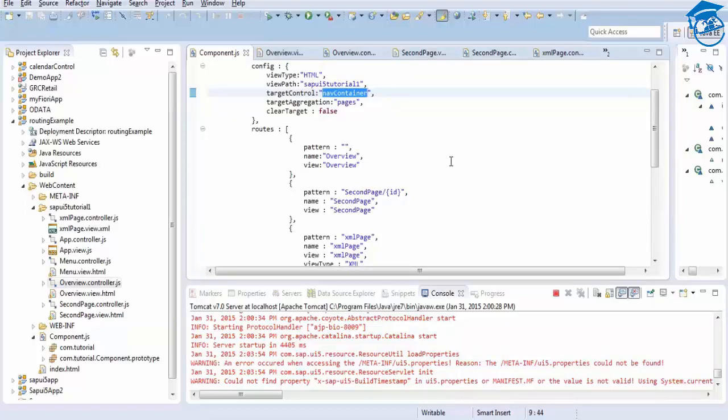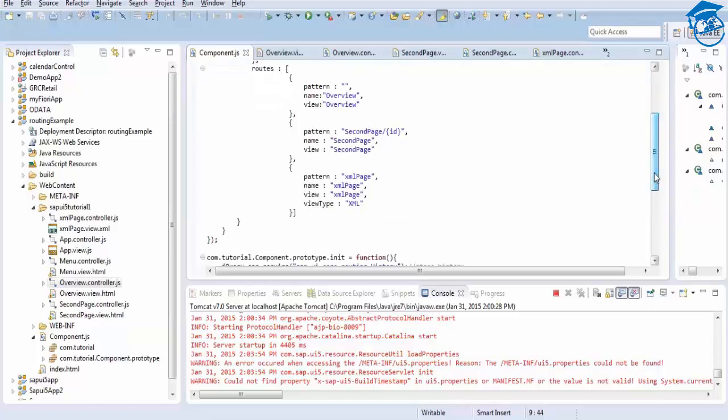And then if you want to add more views, you can add more views in this pattern routes. So you can add more by just separating with commas like this. This is the beauty of the routing concept. So just make use of this example in your future applications, and I hope you do well with this routing,